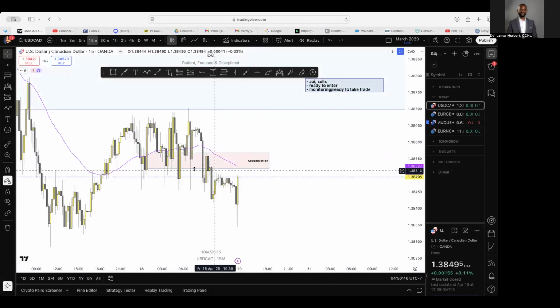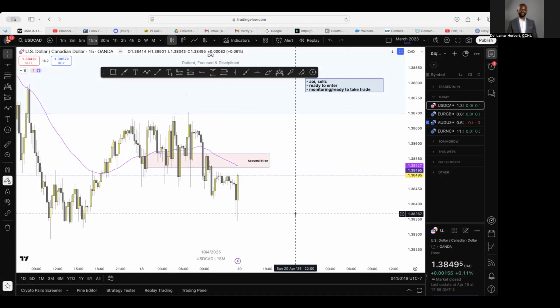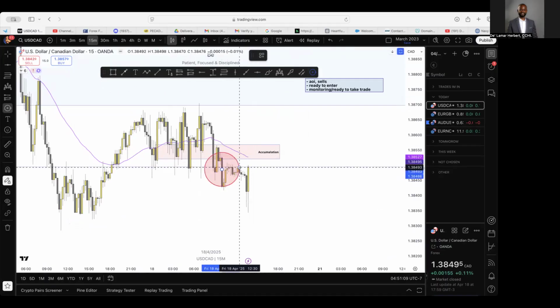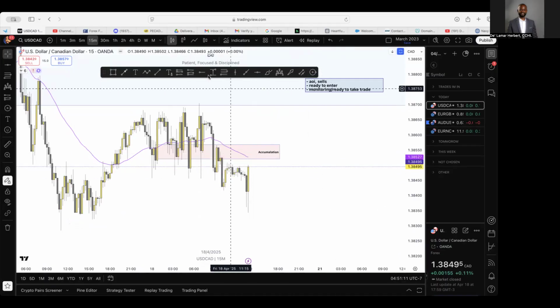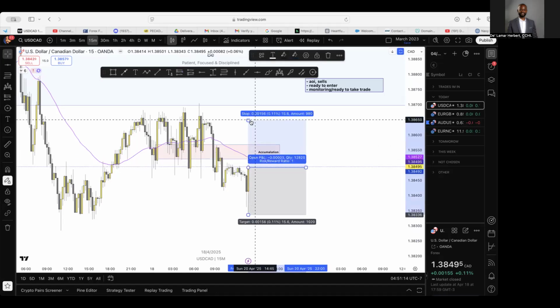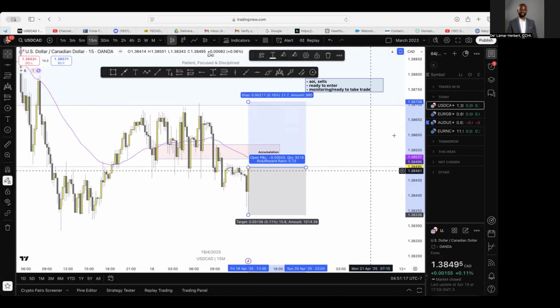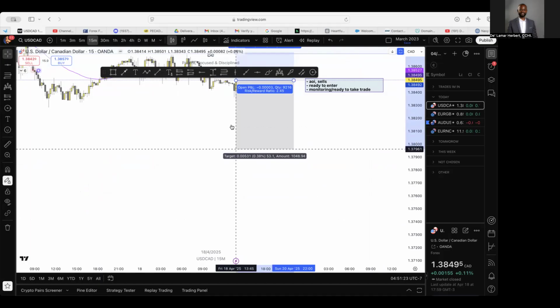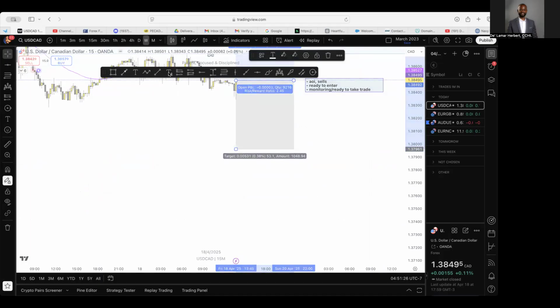USD CAD. We've already had our break. I don't count these wicks when we have that equilibrium happening and pullback. I want to see a clear break. So here was a clear break for me. Clear break, clear retest, and then this was the clear entry signal. This one right here, clear entry signal right there. So this can be taken right here with the stop loss right above. I'll do it right above there, and then our take profit would be a 1 to 2, but since this is a clear sales,